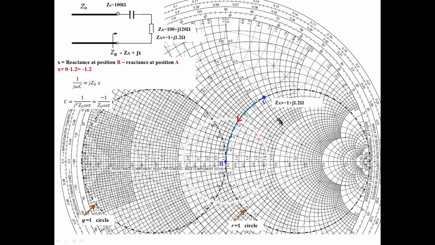Okay, if the point is like this. But if the point is on the R circle, R is equal to one circle, the load point is on the R is equal to one circle, so I can move easily from here, because this circle, R is equal to one, is passing through our final point, the center of the Smith chart. So even so, our load point is needed either on the R circle or on the G circle.